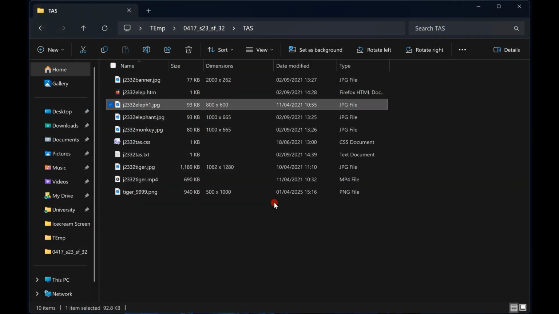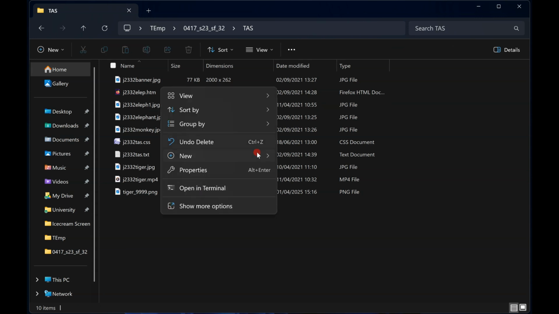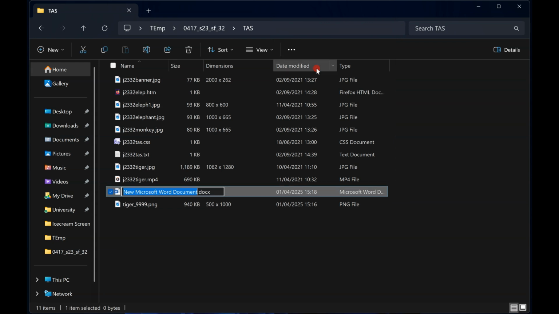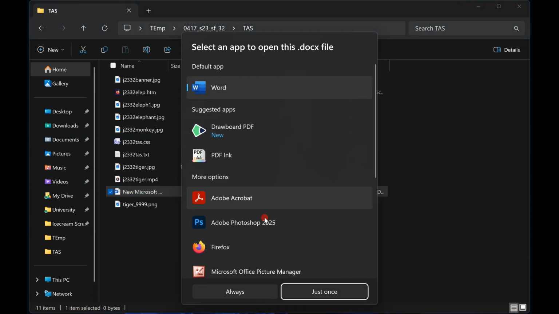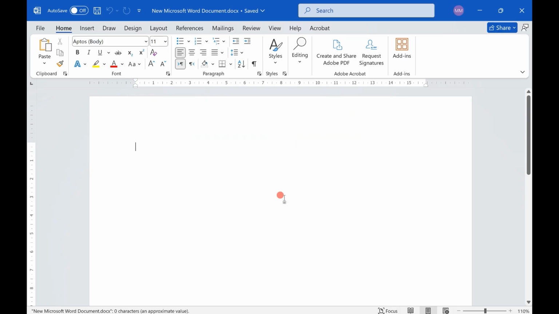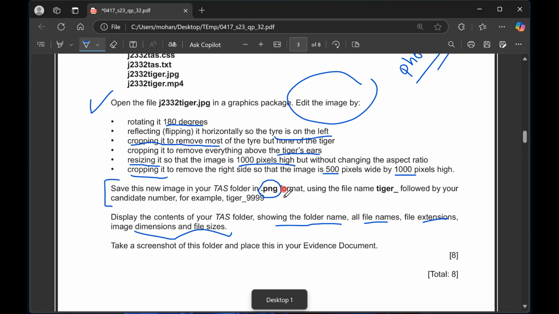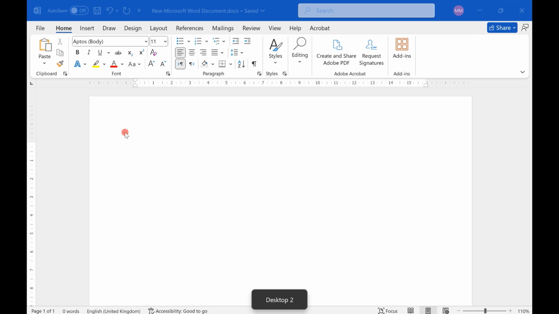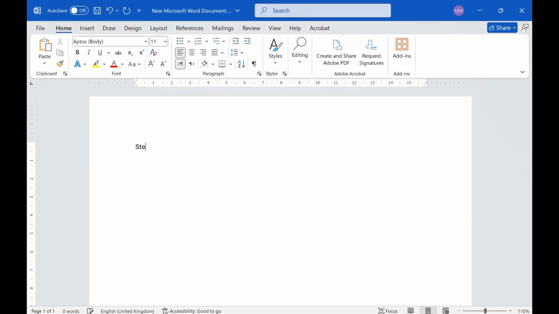This is nice. Okay, and I should be placing it in my evidence file. Do I have an evidence file? I think the question will ask you to create an evidence file in task 1. So I'll just show you how to put the evidence. I'm not going to go through task 1, but if you go back into task 1 in this paper, you'll see that they will ask you to create an evidence file, and this one is evidence 1, step 1 evidence. So I'll just click on step 1